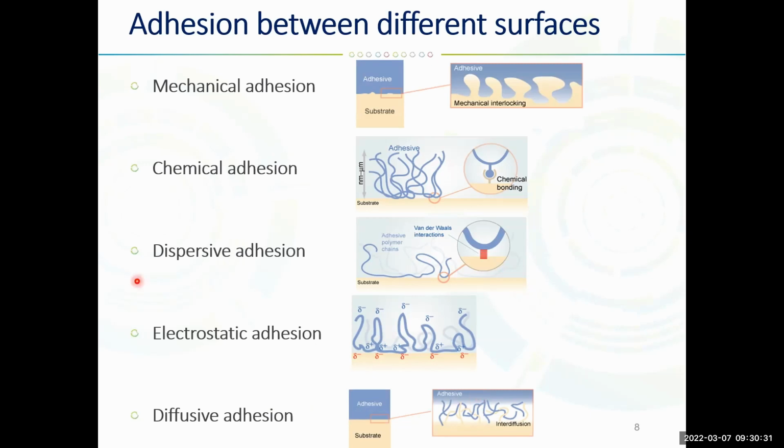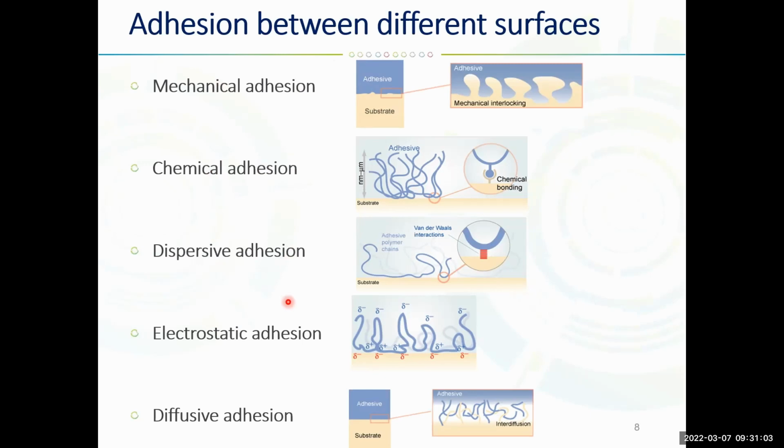Of course, not all of these mechanisms apply to a typical atomic force microscopy experiment. I would say that chemical adhesion and dispersive adhesion are possibly the most important in AFM measurements, but in principle, all five of these mechanisms could play a role in your